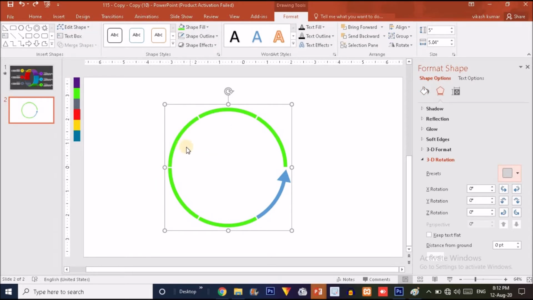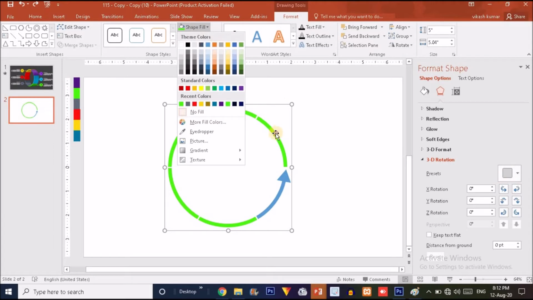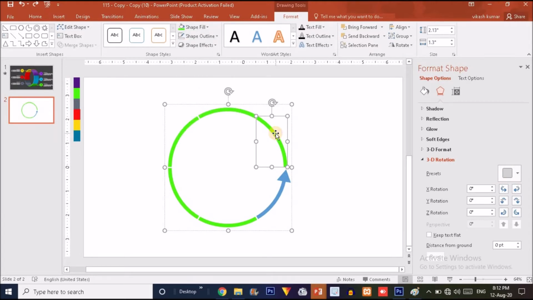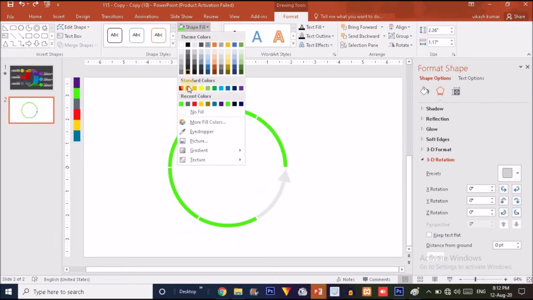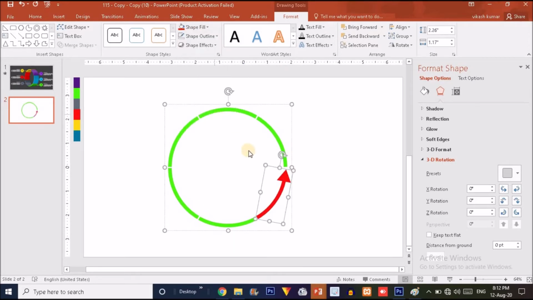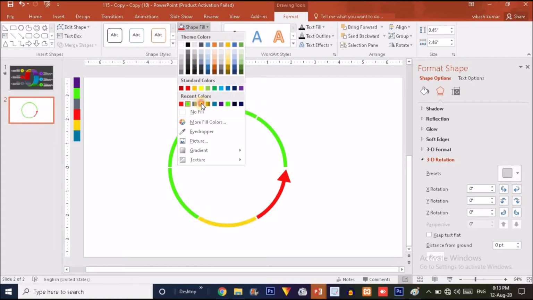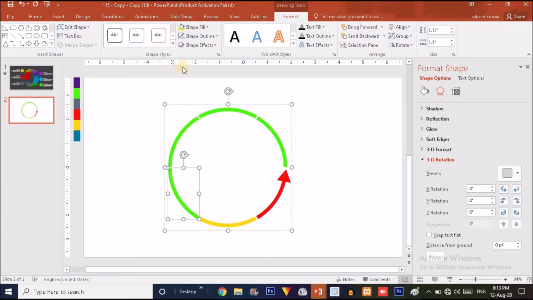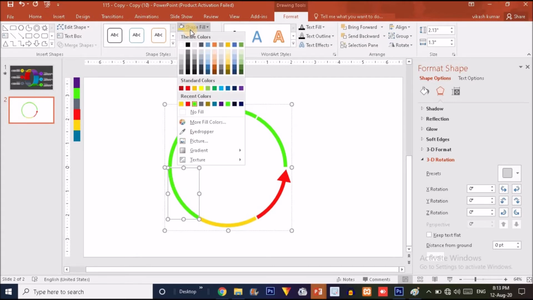Okay, you have to fill the different sections, different fragments of the circle, with different colors. Like I'm going to choose this particular one, and for this one I'm going to use the red color over here. Okay, now for this one, I'm going to use some yellow color over here. For this section or fragment, what I'm going to use